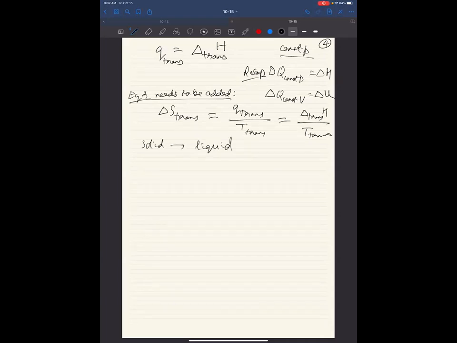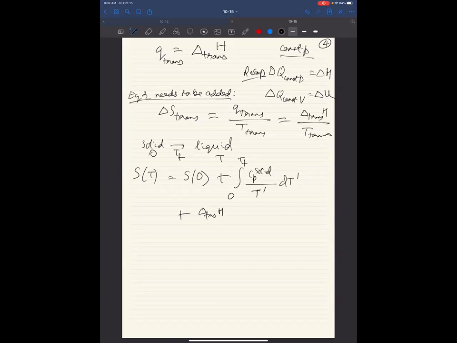So if this is happening at a temperature TF, then the S of the liquid at a temperature T will be related to the S of the solid at temperature 0 as the integral from 0 to TF of Cp solid divided by T, and you might not like that I have T inside the integral and outside the integral, so I can just call it T prime if you want to be rigorous mathematically, plus delta fusion H, the enthalpy change